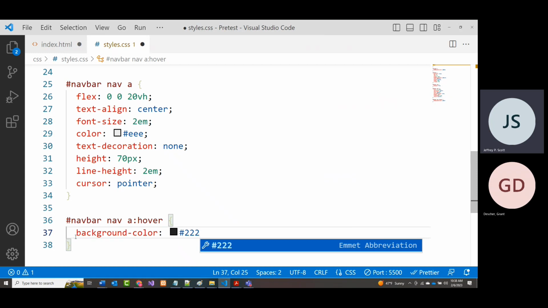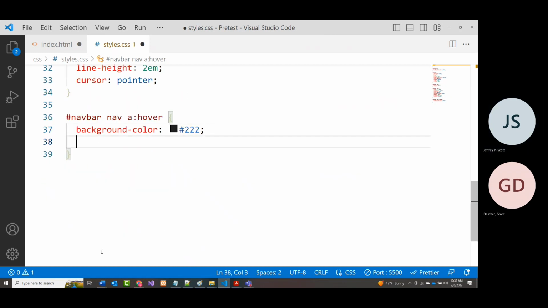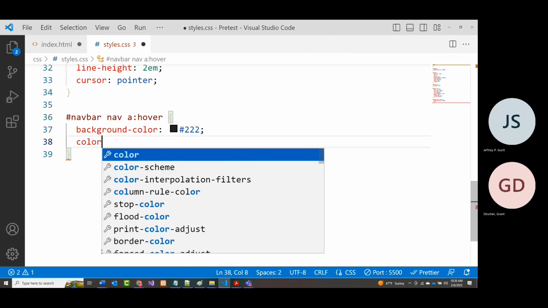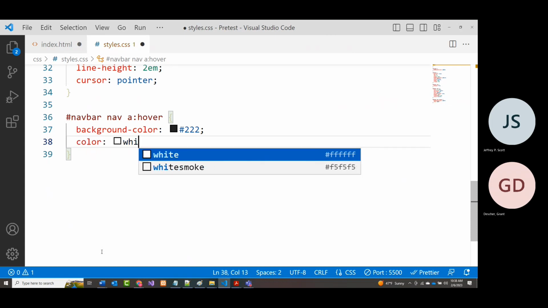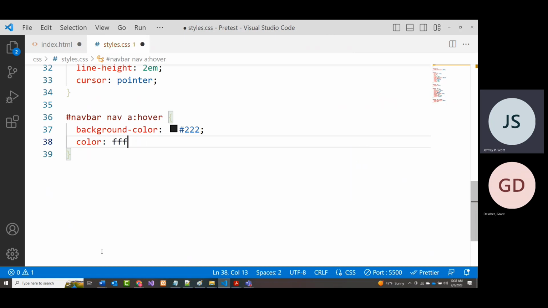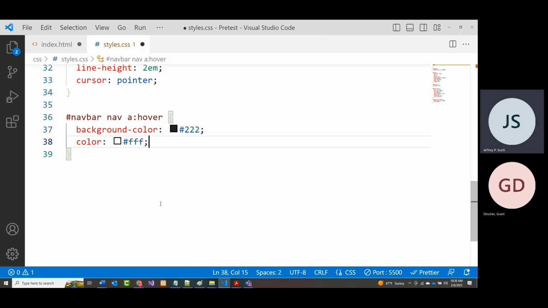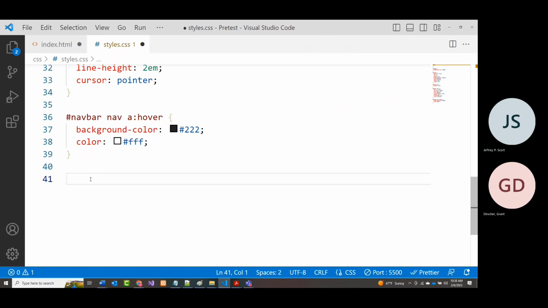And again, it's almost black. Here, 0, 0, 0. Oops, F, F, F, F. Oh, never mind. All right. Now for each one of the sections,